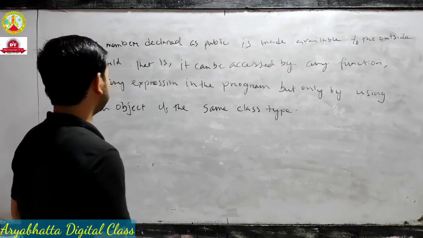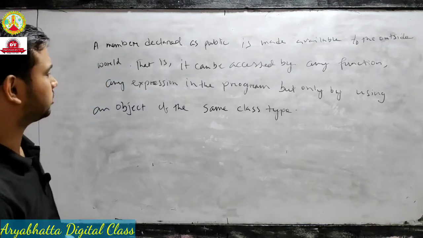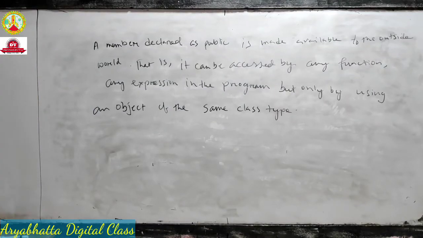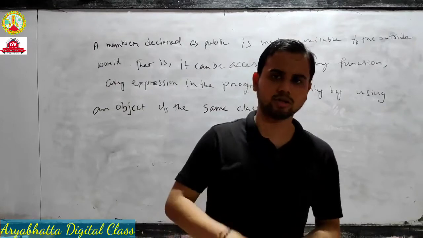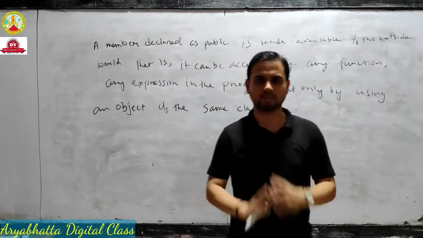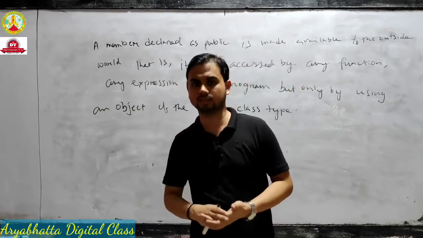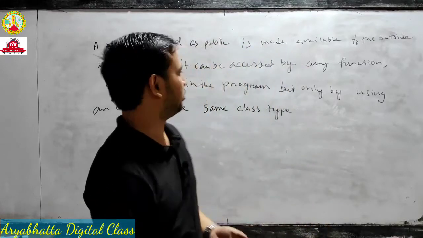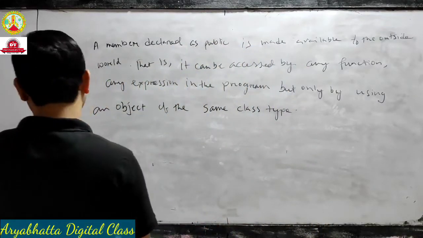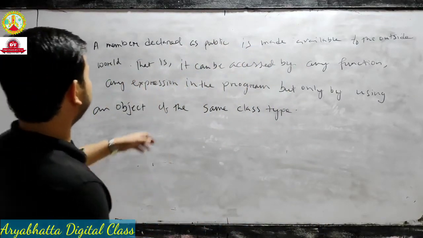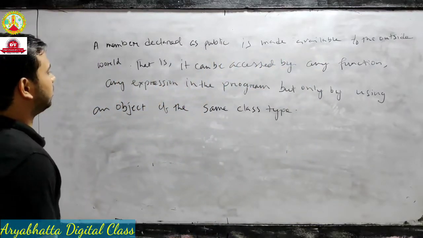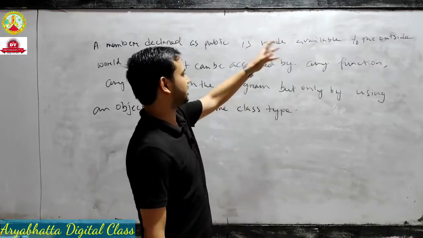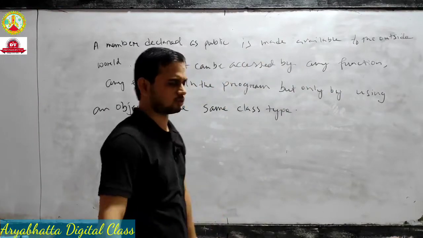This is the basic difference. This type of question comes for 2 marks in the exam, as a write-down. It means you already understood that private is hidden from the outside world. This is a very basic concept, and public is accessed outside of the world. Okay, this is the concept. This is the book definition: it is made available to the outside world, or if you write it is accessible to the outside world, that's the same concept.